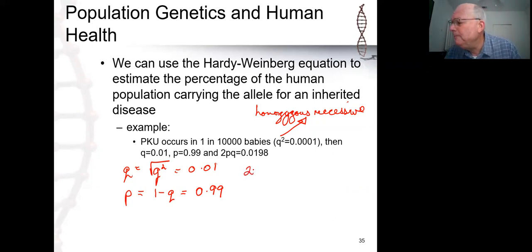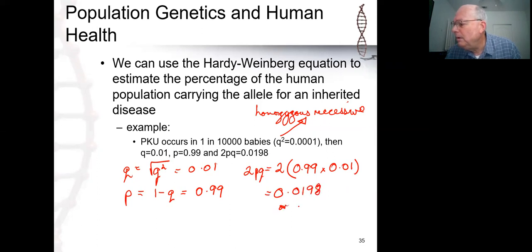So 2pq equals 2 times p, which is 0.99, multiplied by q, which is 0.01, and that all comes out to a value of 0.0198, or approximately 2%. So at random, 2 out of every 100 individuals, or 1 out of 50 individuals, is heterozygous for the PKU allele,